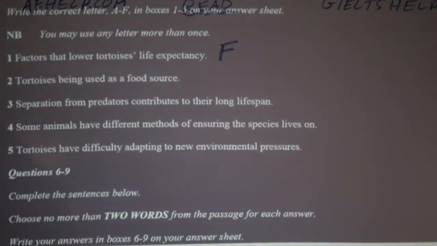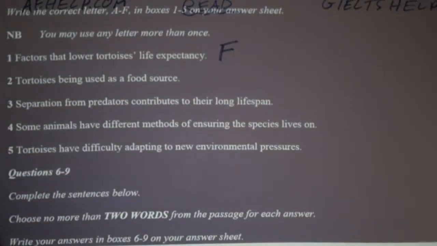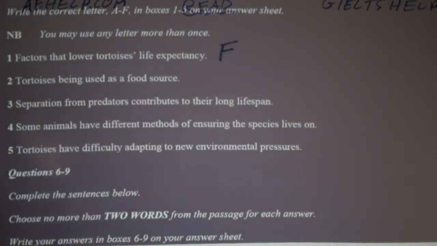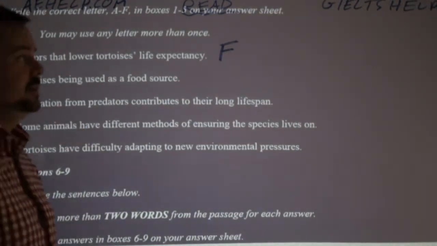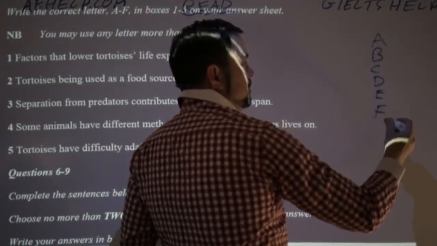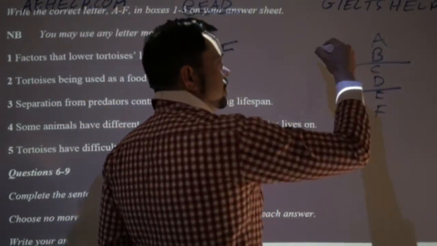All right. Okay, number 2, tortoises being used as a food source. All right. So this is where we were visualizing the sailors eating poor Tonto's friends. Anybody remember which paragraph, or at least which part of the reading this is coming from? So we have A to F, right? Which is A, B, C, D, E, F. Okay. One way to look at this is as 3 parts. 1, 2, 3. So start,